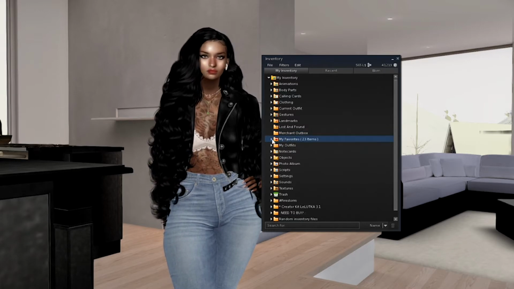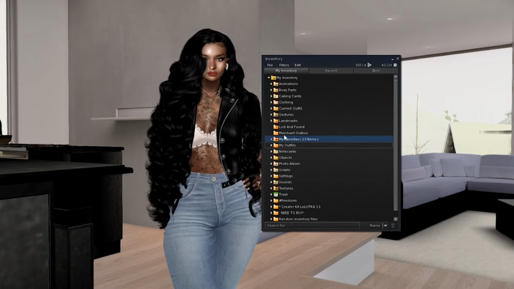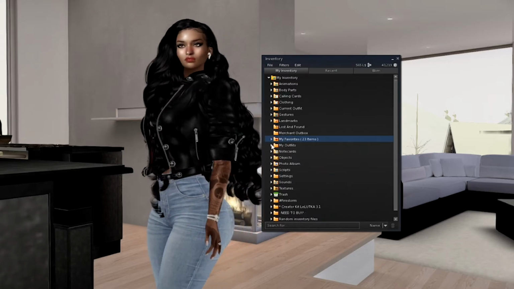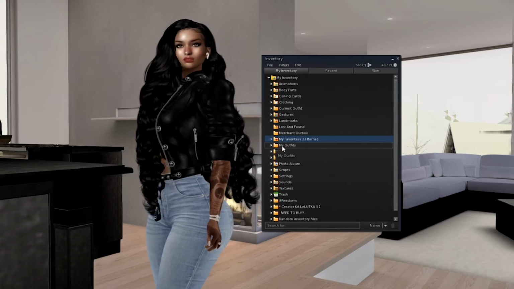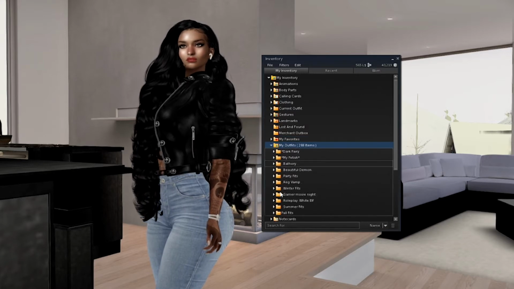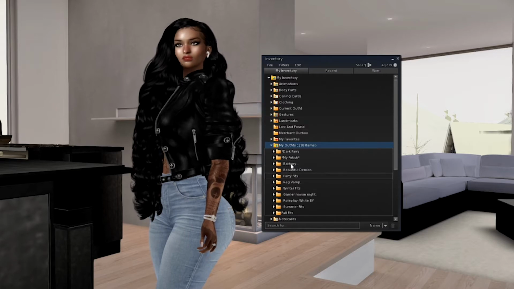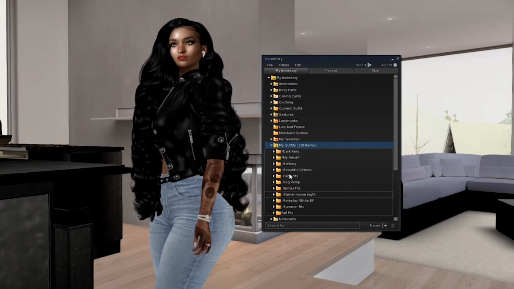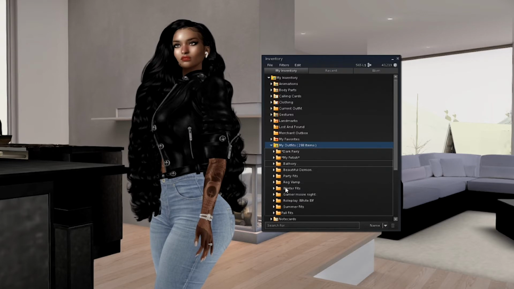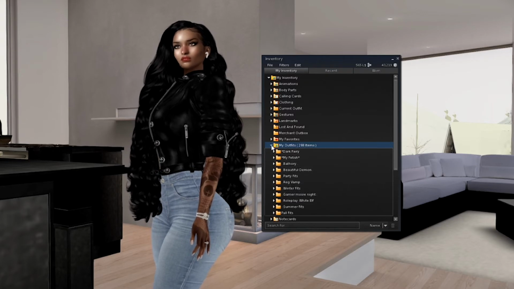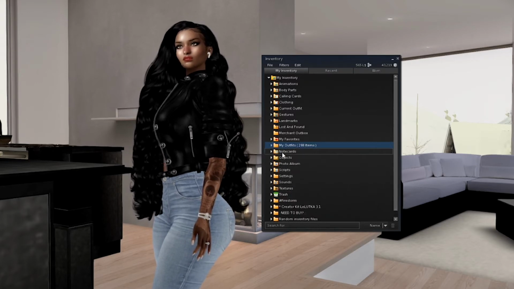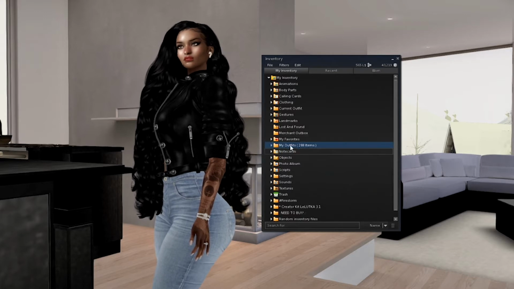So favorites. My favorites are landmarks, my favorite landmarks. My outfits are outfits that you create: you make different folders and copy the outfit that you want into this area and create an outfit for that, so that you can easily change your clothing.